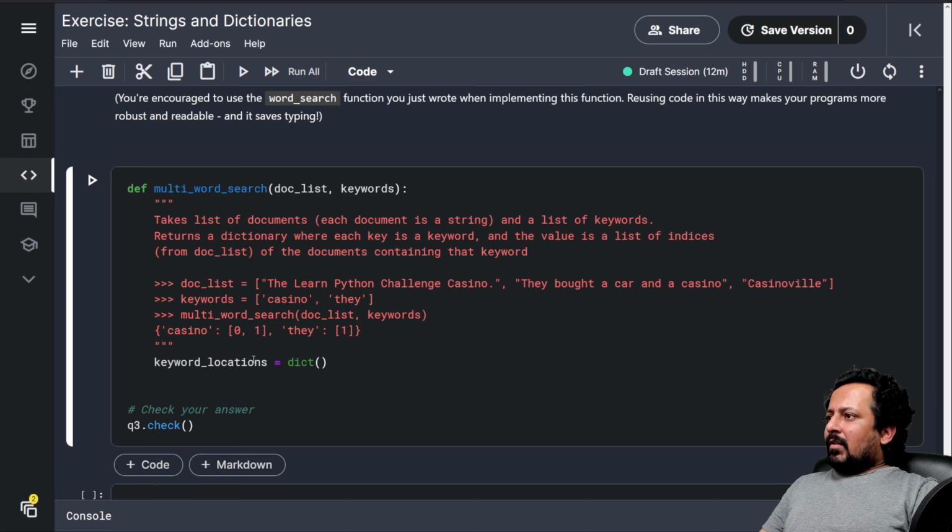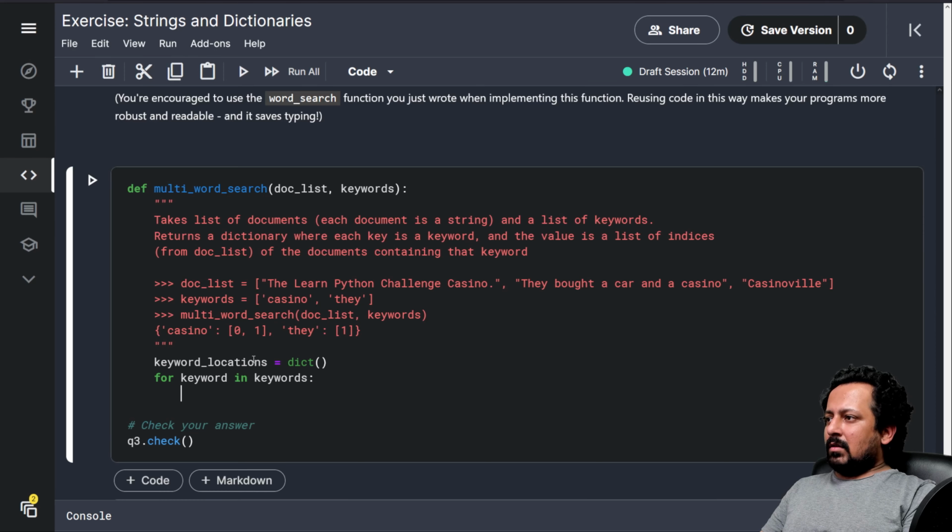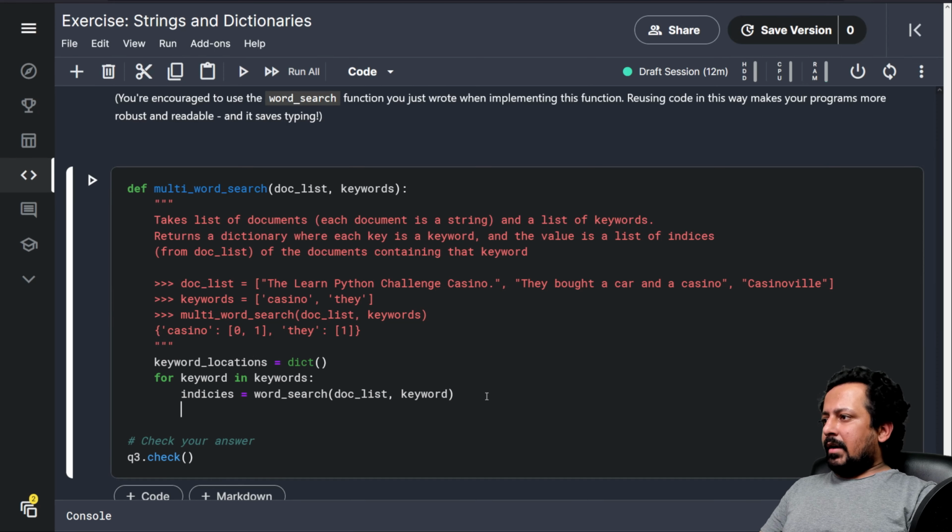Now my previous function is giving me the locations for one single keyword. So I will do for keyword in keywords, indices is word search, doc list, and the keyword. And now you say, okay, keyword locations, it's a dictionary, so we add values to it.